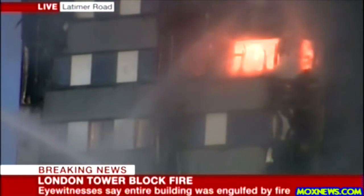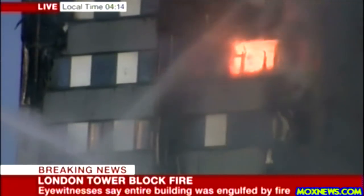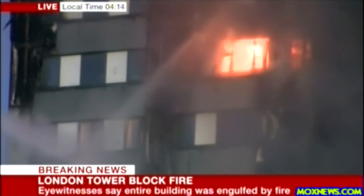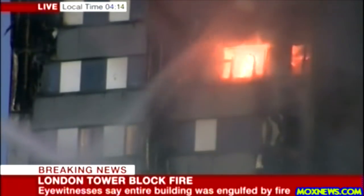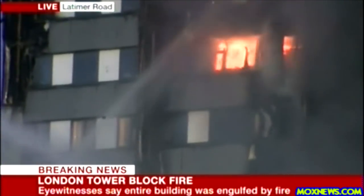The stairwells apparently have burnt through, but I also just know that the conditions in this area... the emergency services are obviously doing a stellar job. There are so many of them out here. They're trying their hardest, but they are impeded by the fact that right in front of this building, they have